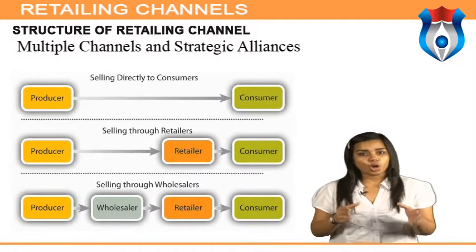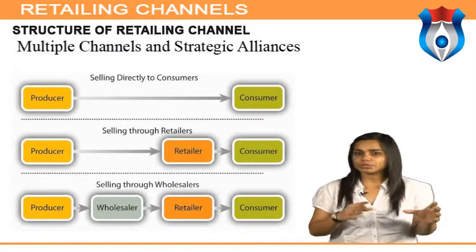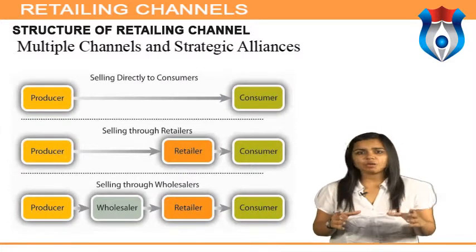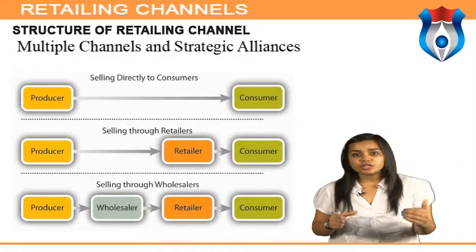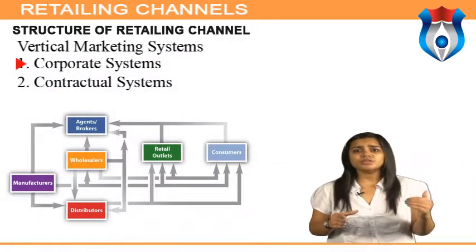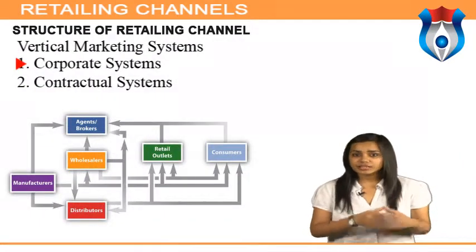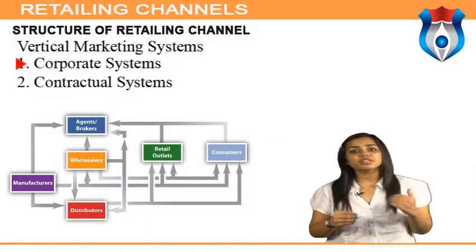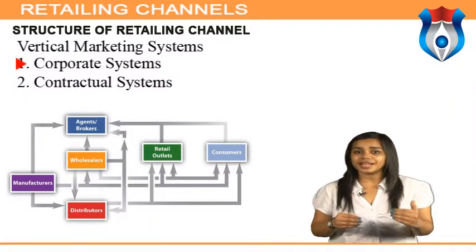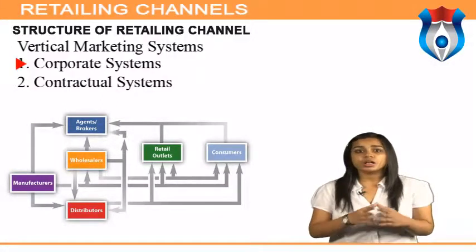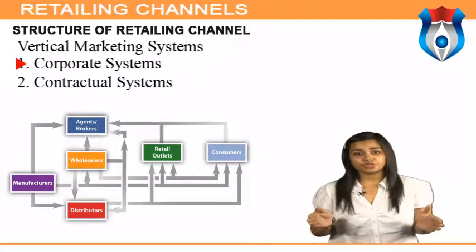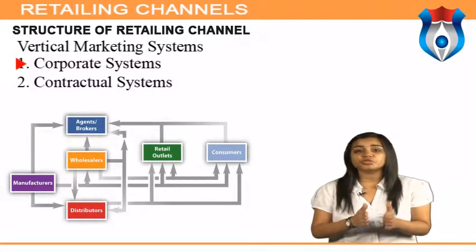For example, Hallmark sells its greeting cards in department stores and Hallmark stores. However, it sells its Ambassador brand greeting cards through discount and drugstore chains. Vertical marketing systems. These are professionally managed and centrally coordinated marketing channels designed to achieve channel economics and maximum marketing impact. Corporate system. The combination of successive stages of production and distribution under a single ownership is a corporate vertical